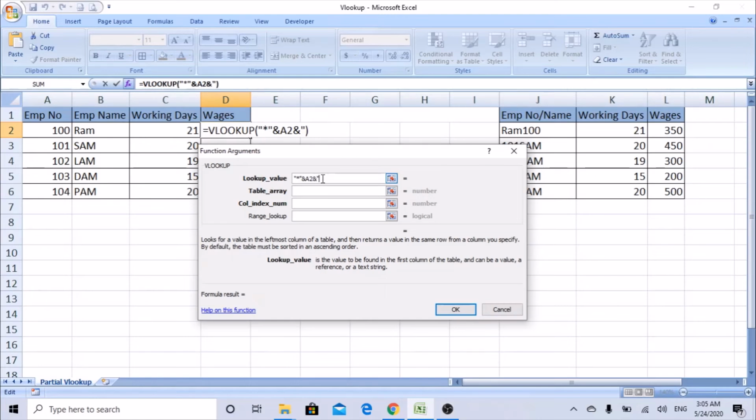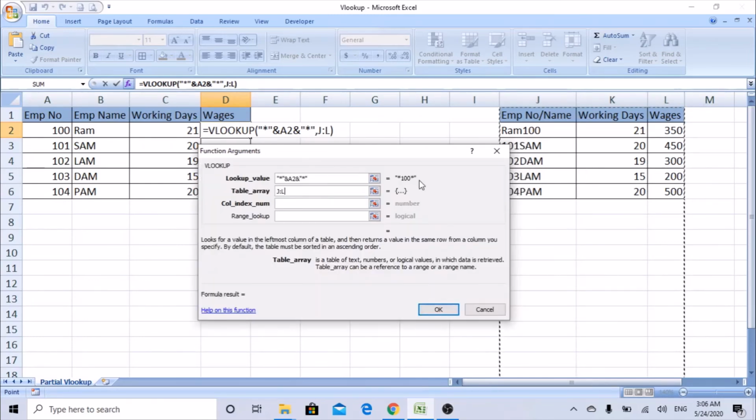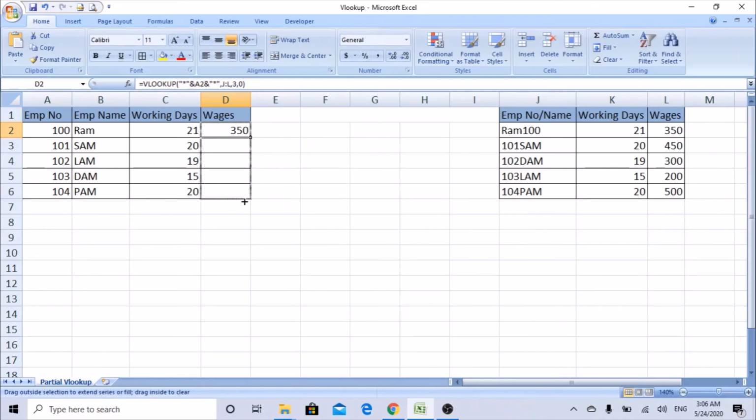Again, start with the double quote, star, and ampersand. So I can see star 100 star. Same thing for the table area, select it. We need wages, which is in the third column, so we add 3 and 0. Now you can see the values picking up.